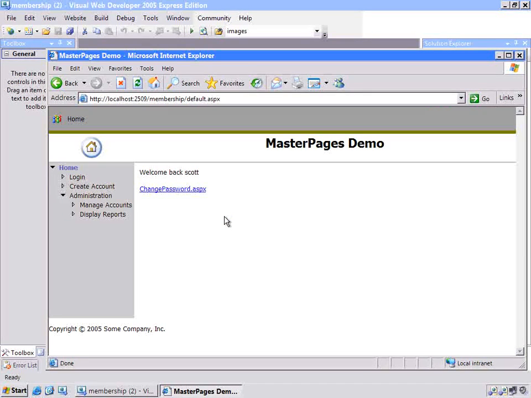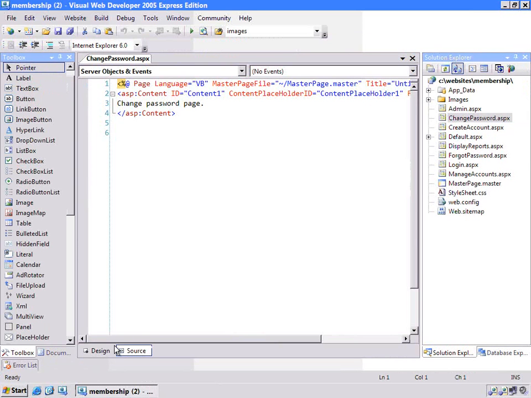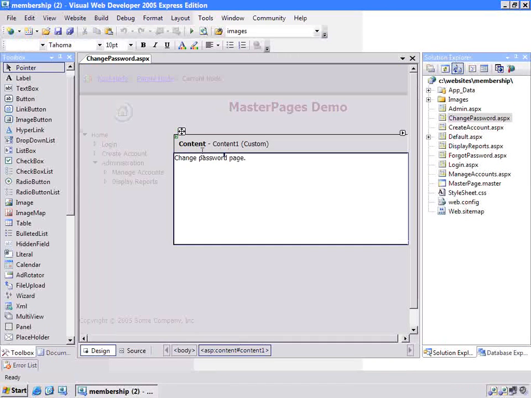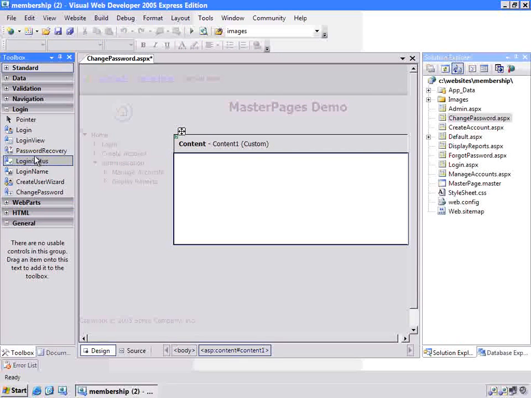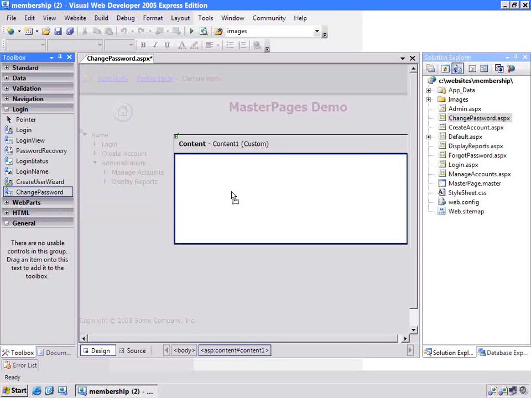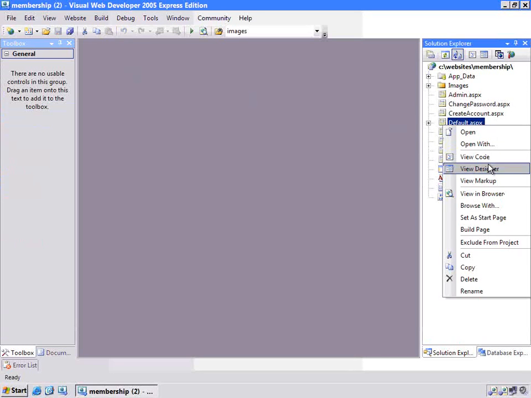Okay, well, I need to change that password because I'm not going to remember that, and our change password link has not been hooked up. But as you can imagine, that's probably another component. So we go to change password, empty that text, and let's drag in the change password component, save it, close the page, and just kind of